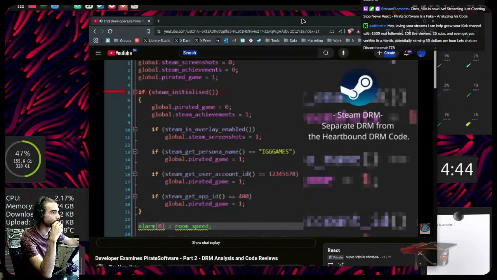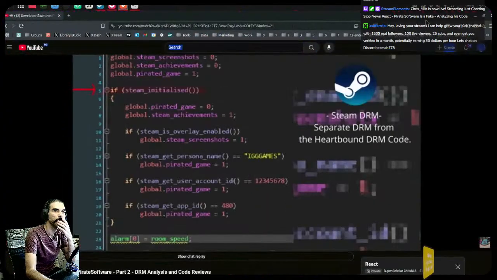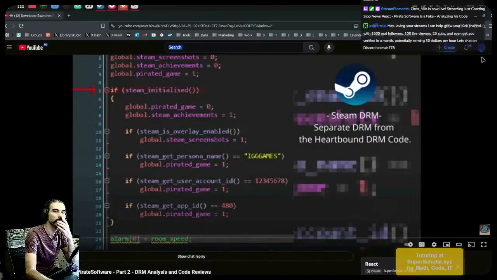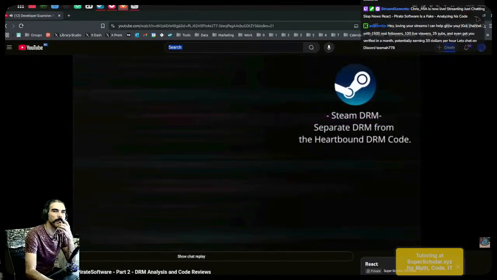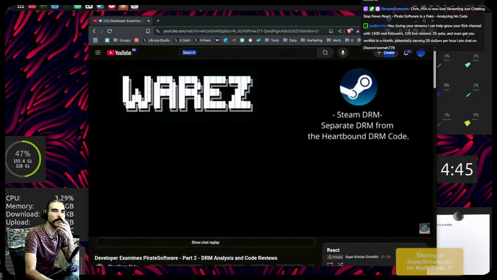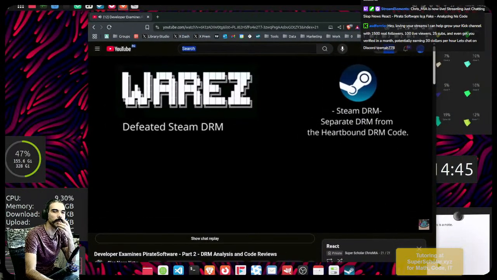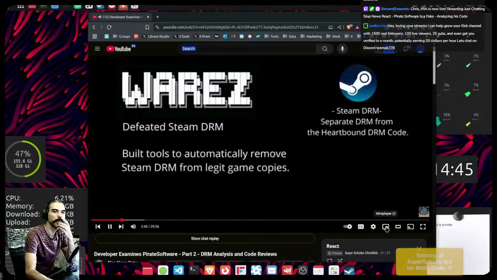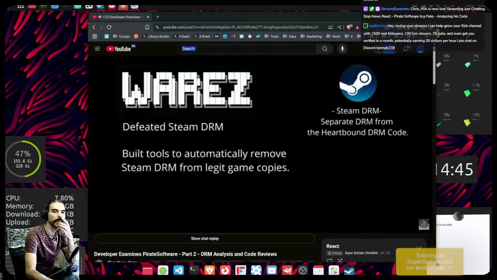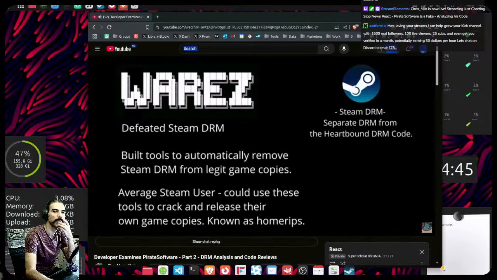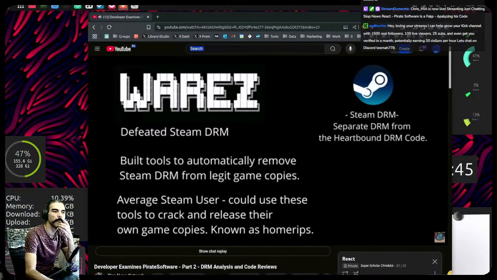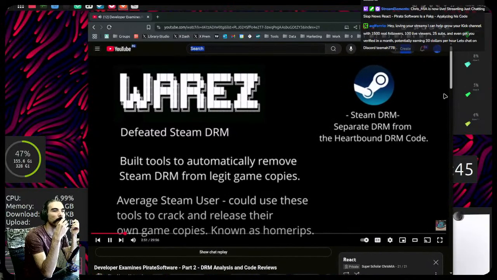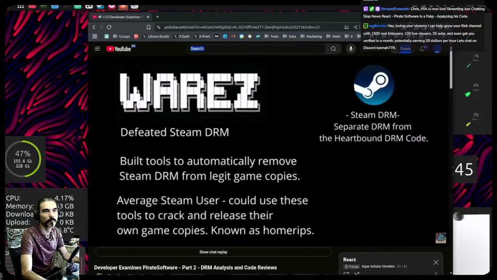Due to legal reasons, I'm not going to directly show what programs to use or how to bypass Steam functions in Steam DRM, but I'll explain a bit about the process and how secure using Steam functions as a form of DRM is. First, let's talk about the Steam DRM. The Steam DRM has been well understood by cracking groups for a very long time. It's so well understood and commonly cracked, there are multiple tool sets built for it and guides, to the point even non-technical users can use them to crack and distribute their own Steam games. This is one of the reasons there are so many Steam games that have day one cracks floating around.